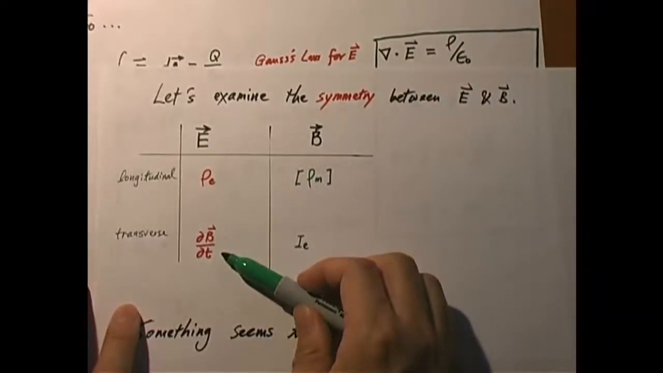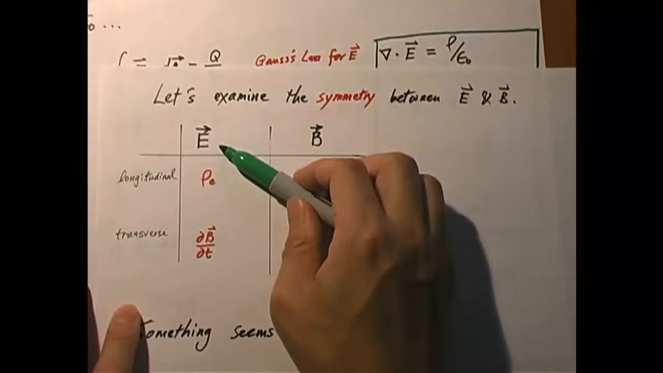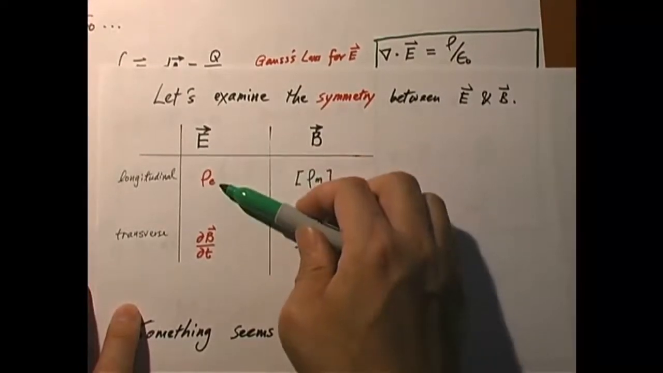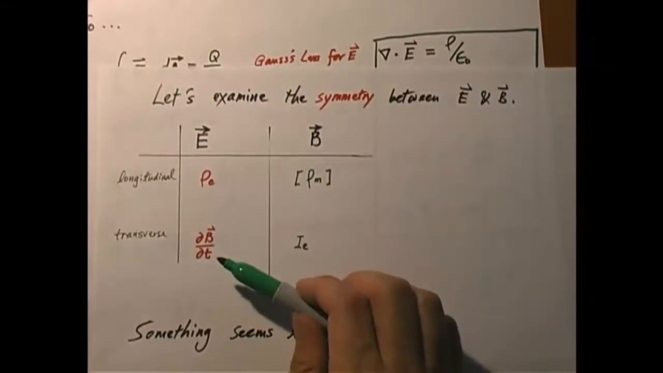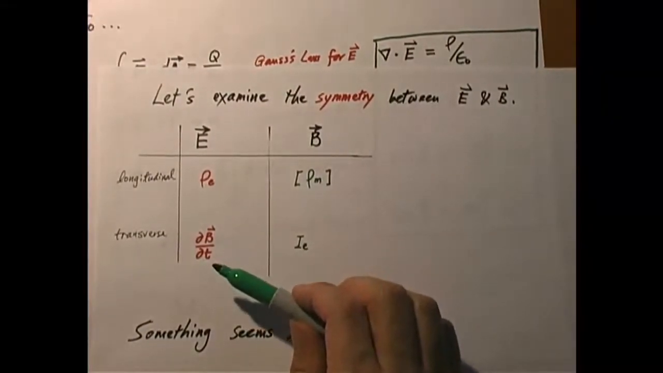So basically, there are two ways to generate the electric field. If you want to generate a longitudinal field, you must have a charge, electric charge. If you want to generate a transverse type electric field, you must have a changing magnetic field. Okay, now conversely,